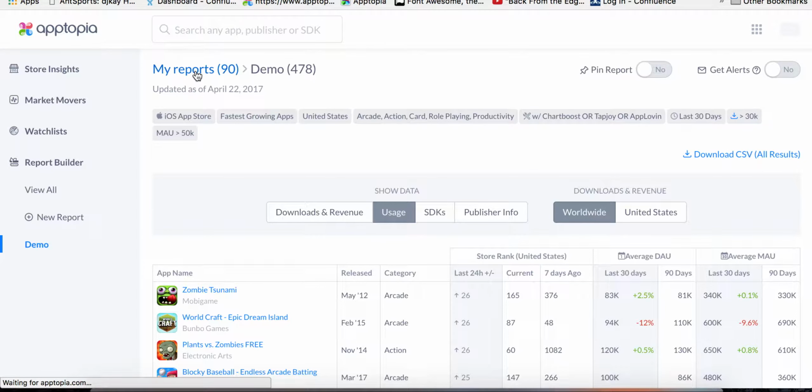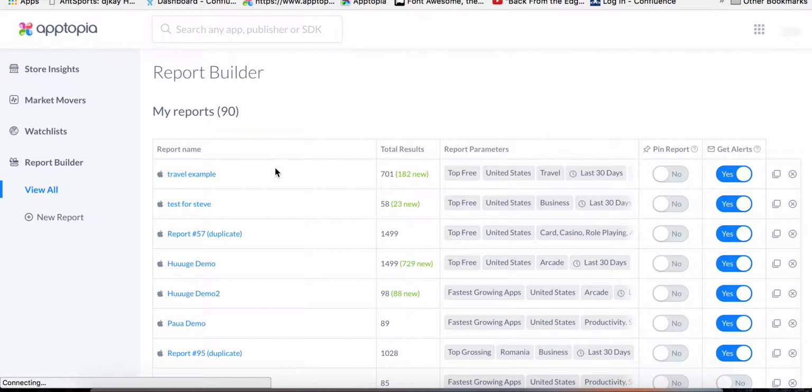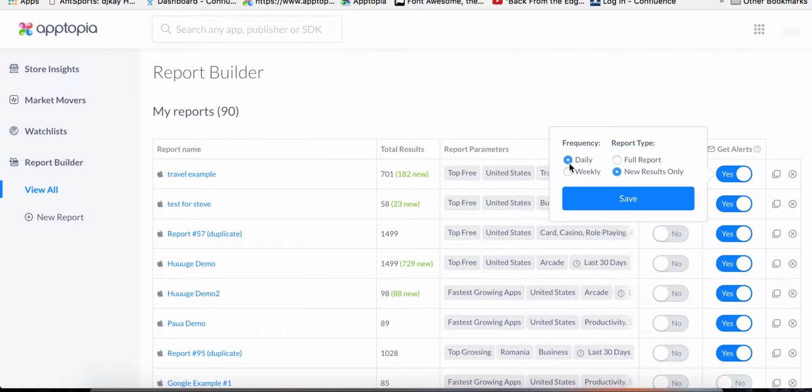But I want to just go back here to the main page to point out probably the most powerful part of this specific section. If you look here at total results, you'll see that it says there's 700 results with 182 that are new. That's because what we do is we run these reports for you every single day. And when we run these reports every day, we actually collect what new apps fit this criteria that didn't fit this criteria yesterday. And what we let you do is, if you look over here, we actually let you subscribe to all of these reports and get them emailed to you every day, and you can see only the new